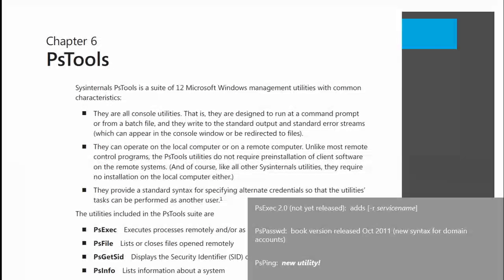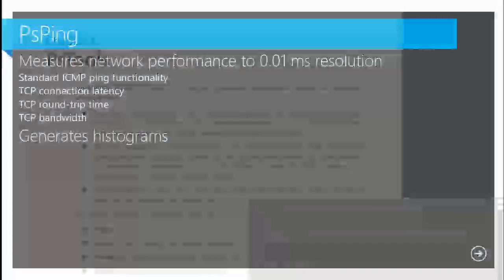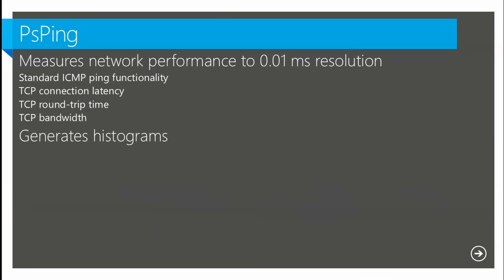What is completely new, what's not in the book at all, is a new utility called PsPing, which came out in October. PsPing extends what you can do with the built-in ping utility. Mark thought that thing was just not good enough, and the third-party stuff on the market was too hard to use and didn't serve all the things he wanted to do. And so he created PsPing and added it to the PsTools suite.